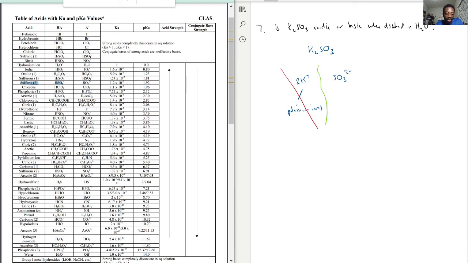A weak acid means that when you have HSO3 in water, okay, this would be the conjugate base right now, and this would be its conjugate acid. It means that when you put HSO3 in water, it does not completely dissociate. It still wants to hold on to hydrogens. So if you flipped it over in reverse, it means that when you put SO3 in water, it would want to take hydrogens from its environment to become that HSO3 minus,